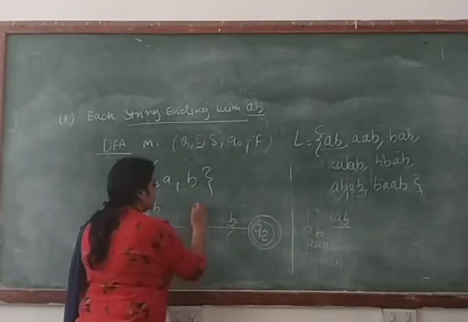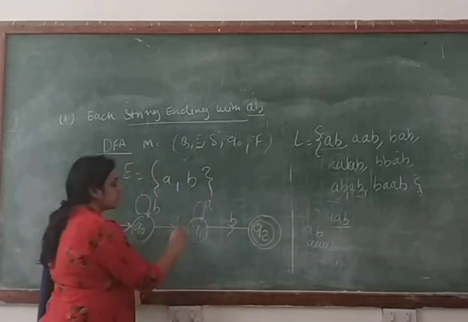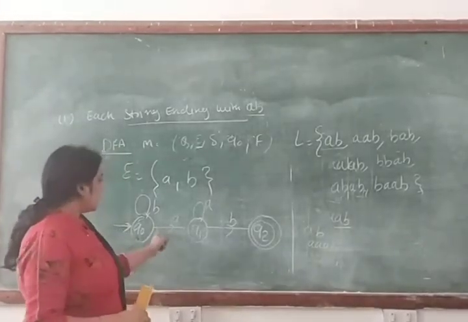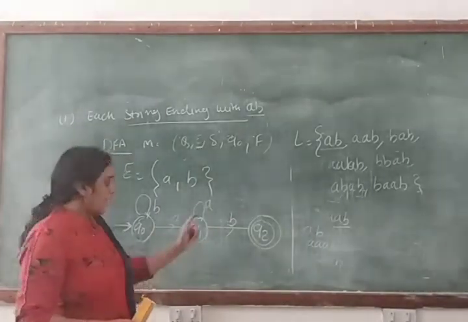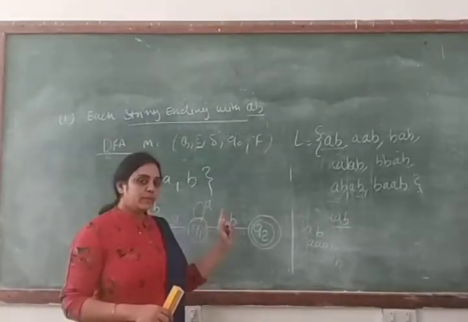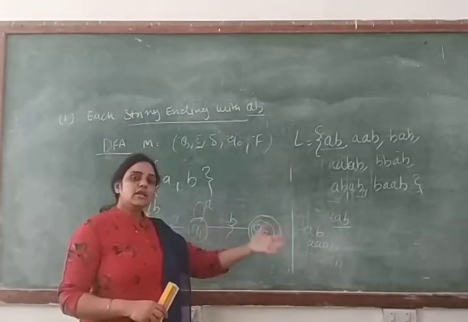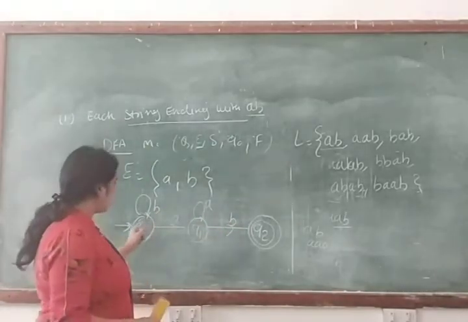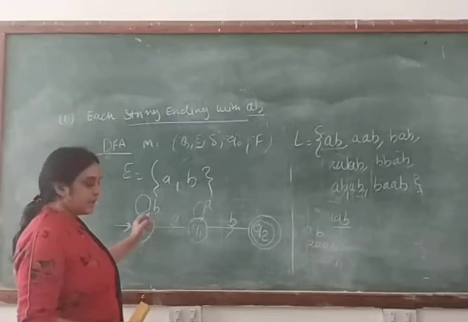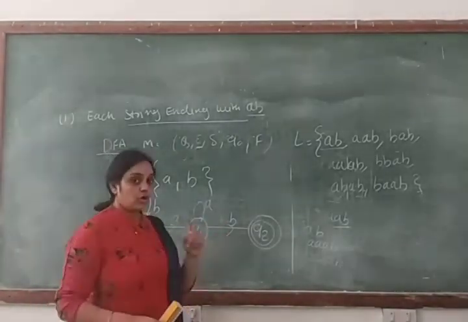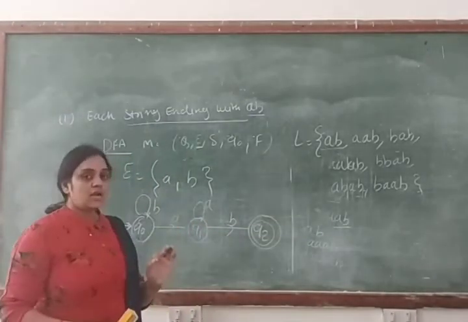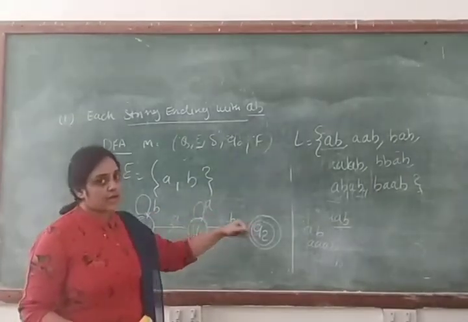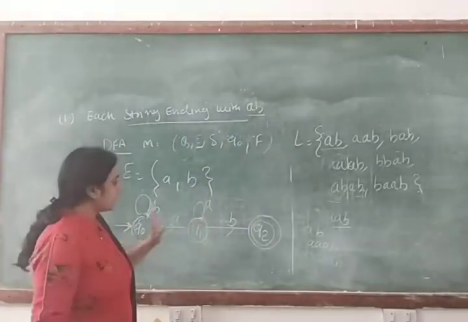Now we will check from Q1 to Q1. If you make a transition from Q1 to Q1 for the input symbol A in the form of a self loop, then what will happen? In that case, your machine will accept AB. And what is the meaning of a self loop? Self loop means epsilon or any number of A's. So in that case, your string always ends with AB. If you start from the input symbol B, so B, A, B, your string will end with AB. B, A, then any number of A, then B. Again, your string will end with AB. So that's why we can make this transition.